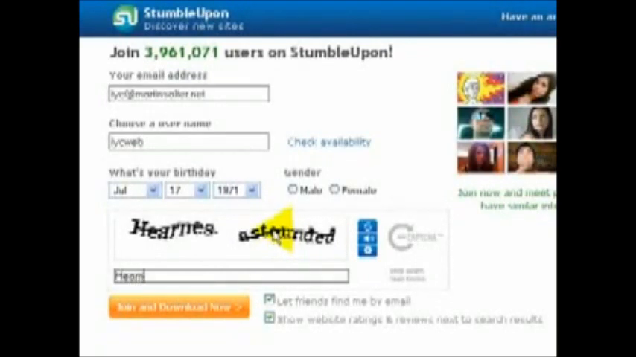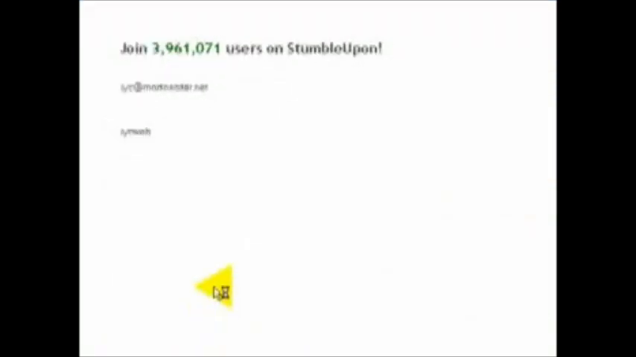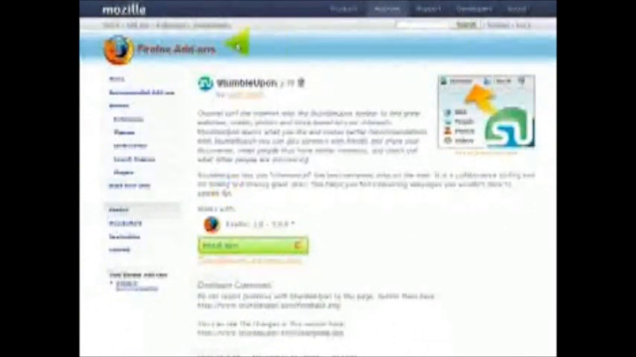the words as well, and it's with a space, and you can play it. And then you hit let friends find me by email, show website ratings and reviews next to search status. I'm going to put join and download now. Okay, so as you can see here, we've joined, and it's because I'm actually using Firefox, it's taken me straight through to the Firefox install,